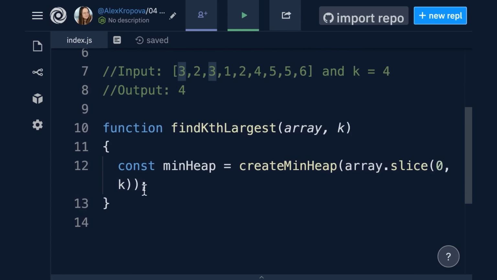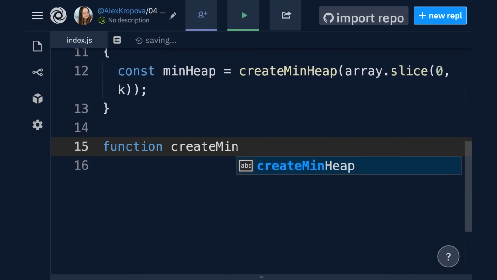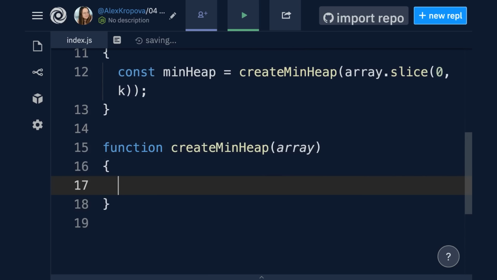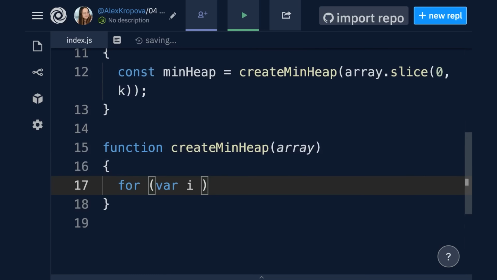So let's build out that method just below. It's going to be function createMinHeap, and this is going to take in an array, and in this method we're going to loop through each index. So for var i equal to array.length - 1,